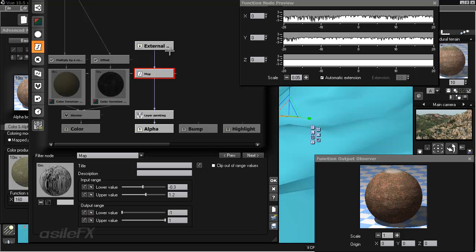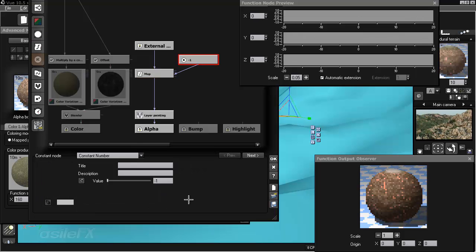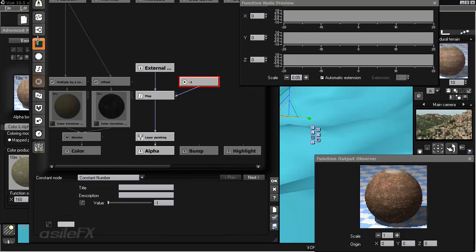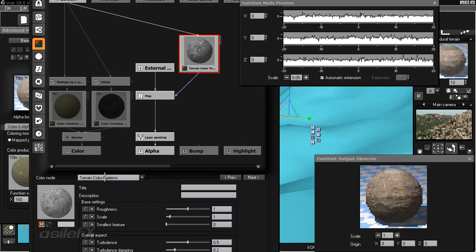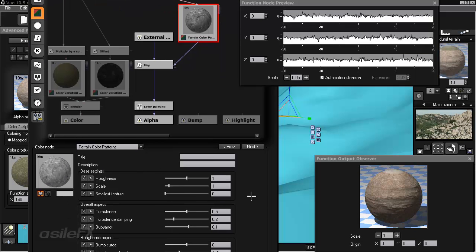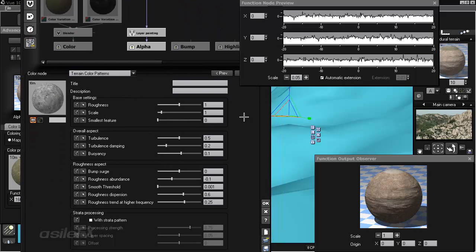So I'm going to extract from the map. We'll start with the lower value, see how that works out. And I'm going to just have the constant node selected and replace it with a color map, and then we can change it to the terrain color patterns. This doesn't actually produce any color, it's just a grayscale output. But it's a great way to blend things together. I'm going to increase the scale,